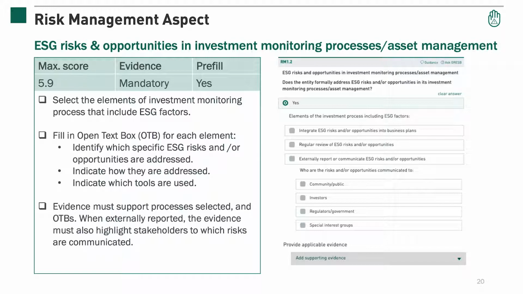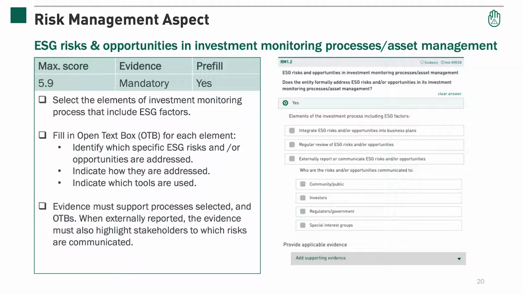This indicator assesses whether the entity formally addresses ESG risks and/or opportunities in its investment monitoring and asset management processes. It also covers communication of these ESG risks and opportunities to relevant stakeholders. Select the elements of the investment monitoring process that include ESG factors. If externally report or communicate ESG risks and/or opportunities is selected, you will be prompted to indicate which stakeholders this